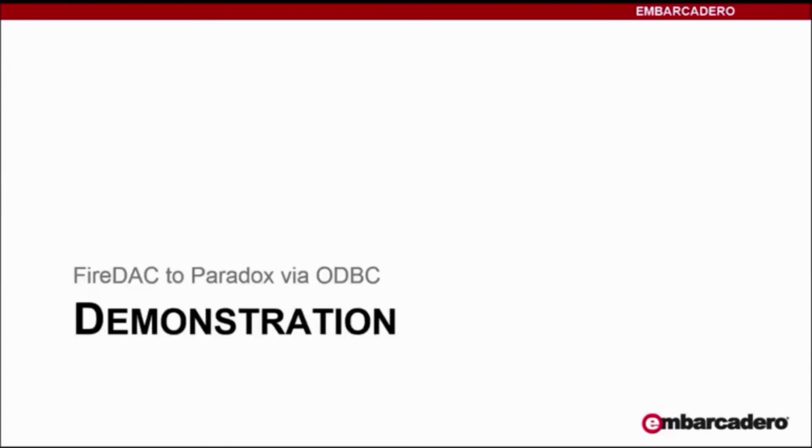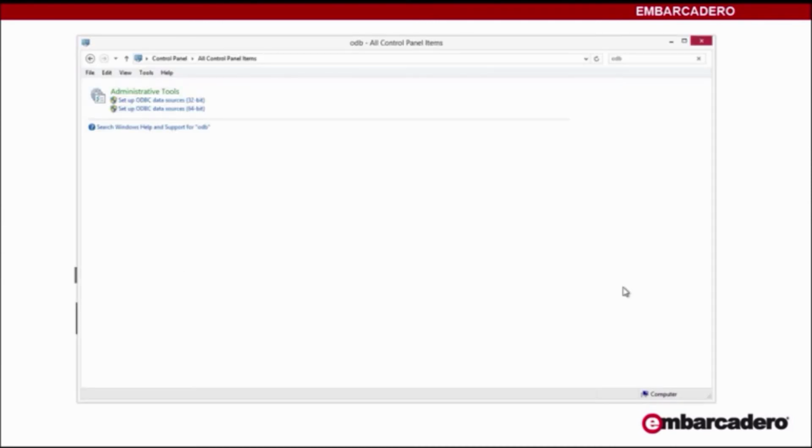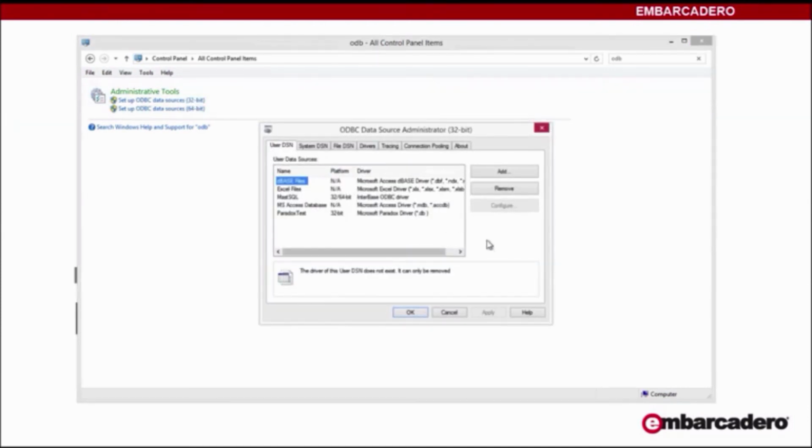Let's take a quick look at how you would set up to use FireDAC to talk with a Paradox table via ODBC. So the first thing you'll do is you'll go to your control panel in Windows. Under Administrative Tools, there are two applets. One, set up ODBC data sources for 32-bit Windows, and then set up ODBC data sources for 64-bit Windows. I'm going to build a 32-bit app, so I'll go in and set the data source administrator for 32-bit, and